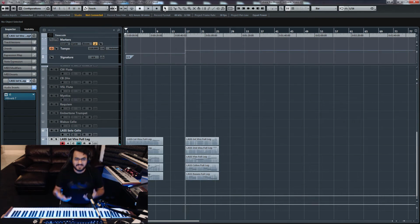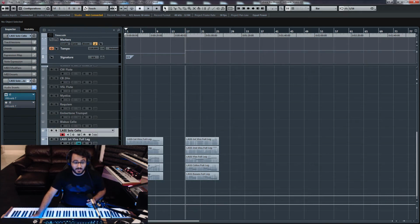A lot of sample libraries these days actually have these different mic selections, and it really works. But the space is part of the sound, because they'll record the space. They're not just recording the orchestra or the strings or the brass; they're recording the space, and I found that really interesting. So with the LA solo cello,